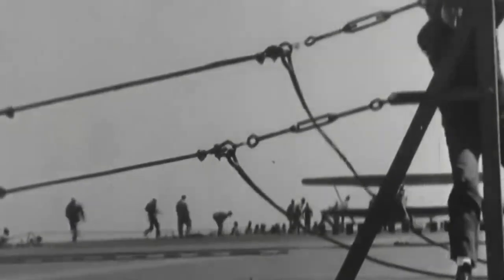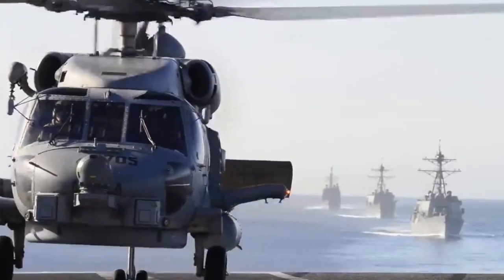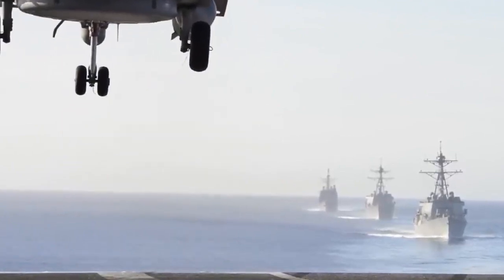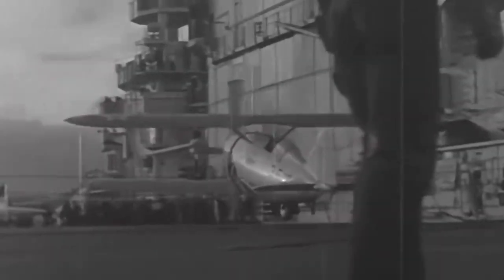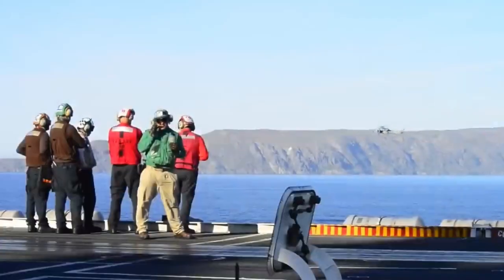barrier wires were replaced with barricade netting, which functions similarly to a tennis net. The modern barricade emergency recovery system includes multiple engagement straps, standing approximately 20 feet high. And engagement straps catch the aircraft, transferring the load to the barricade